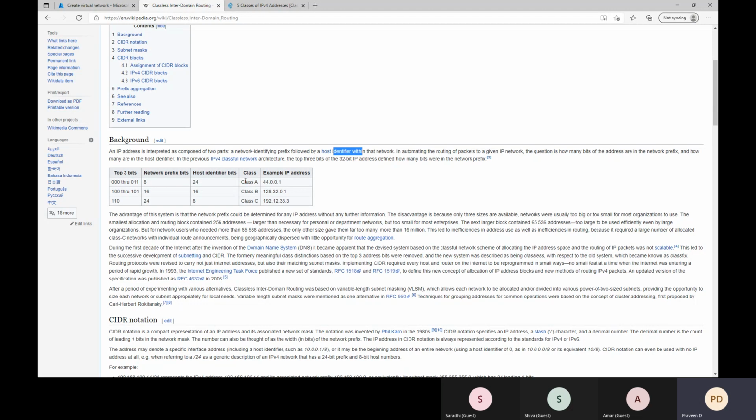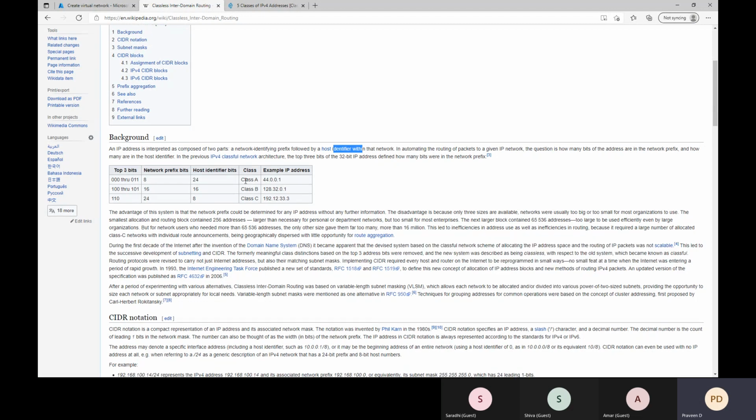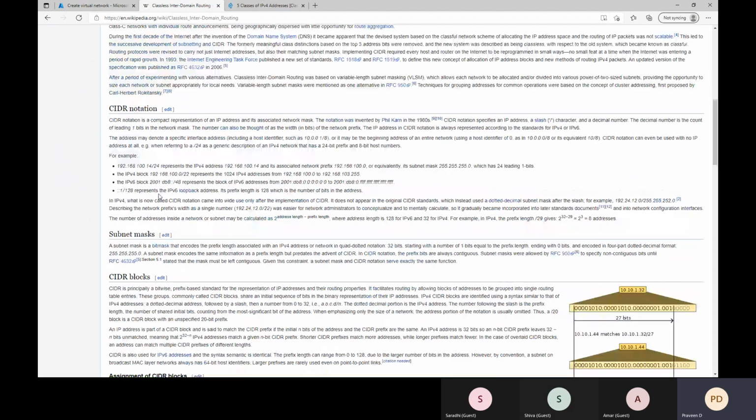For example, this is the format: 192.168.100.114/24. Now we will take some examples and understand in depth how we can give the CIDR notation for the IP address of a virtual network.